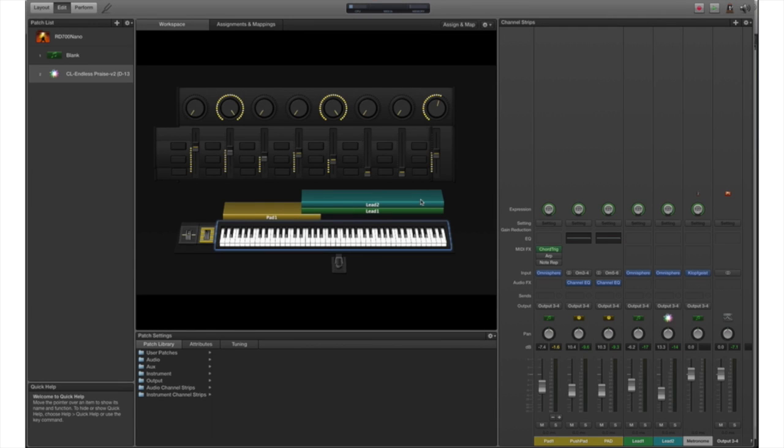All right, so what you're seeing here is MainStage. If you're not familiar with MainStage, just to give you a brief overview, over here on the left is where our patch list is. It operates off of concerts, which is just a combination of different hardware and software inputs. What you see right here is the hardware that I'm using. I've got my keyboard down here. If I strike a note, you can see